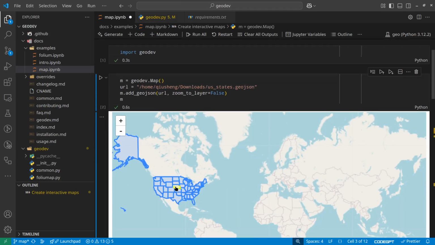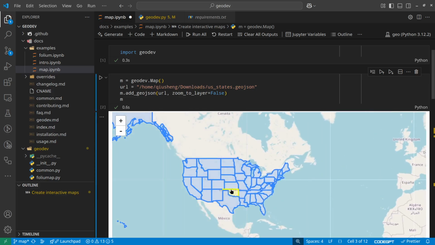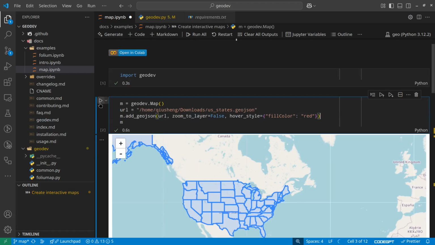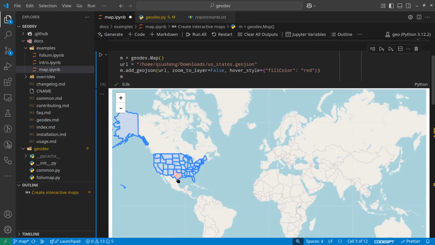All right. So see, now it should be a little bit better. And the user can customize it easily. So for them, they can just say hover style equal to field color equal to red or something. Then in this way, they're going to use the parameter that they provide. So look at this. Now when I hover my mouse,